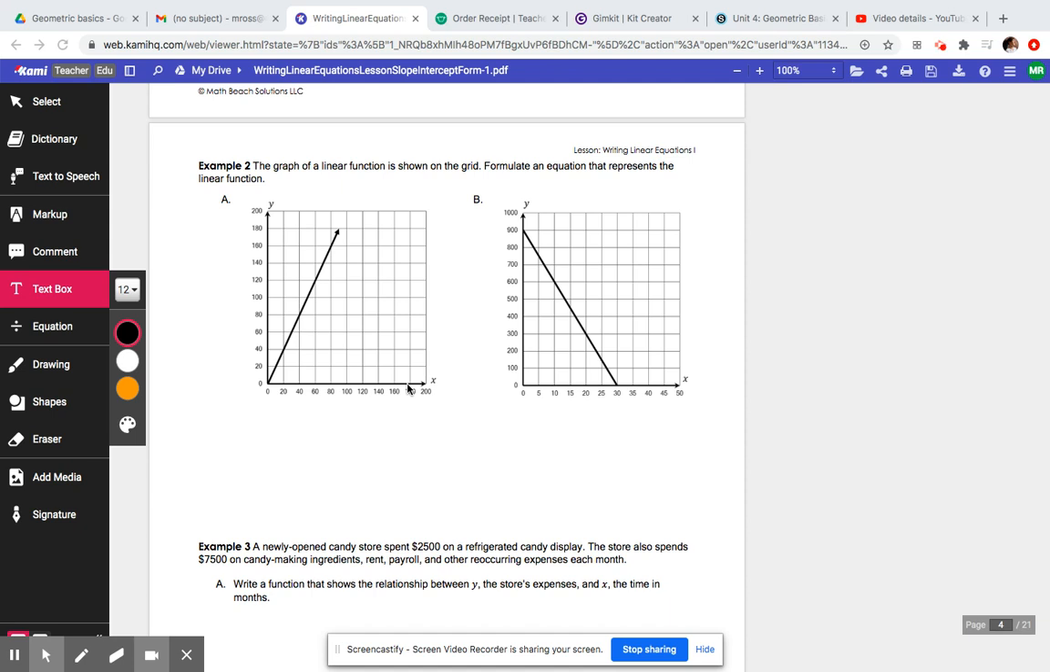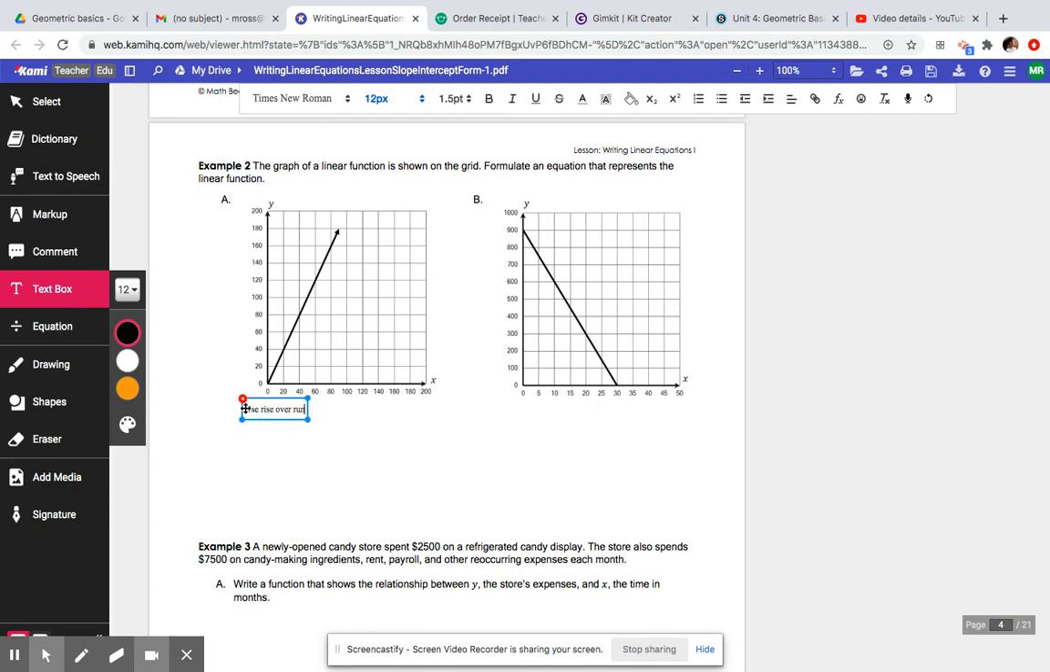All right, so next, example 2. The graph of a linear function is shown on the grid. Formulate an equation that represents the linear function. Now, you might get something like this. Let's do A first. Again, the first thing we want to identify is use rise over run to determine the